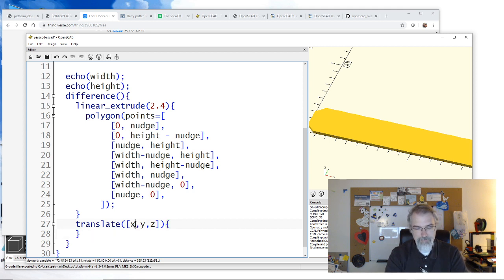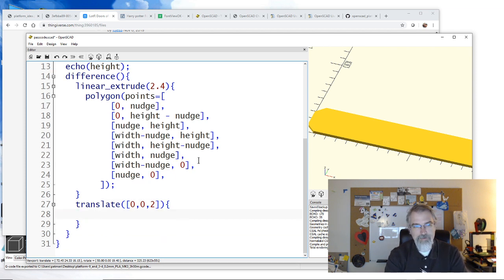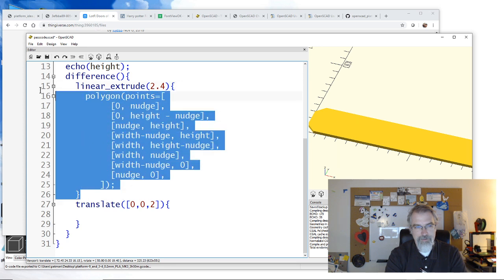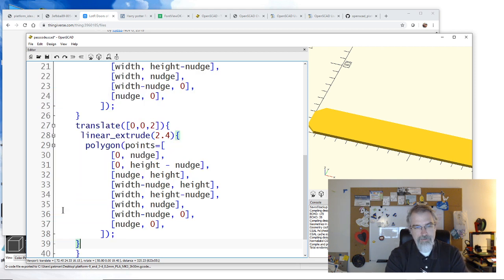So x, we won't move, it will be at 0, y will be at 0, and z will be at 2. And then we're going to do a linear extrude. We'll kind of copy this whole thing. Linear extrude. Oh, where are you? Yes. We'll translate. Do linear extrude, except for